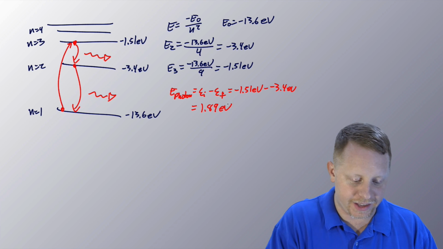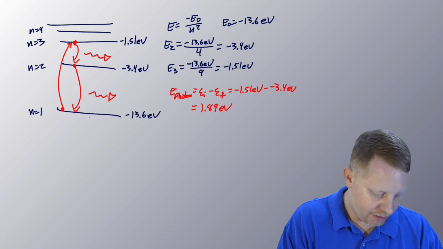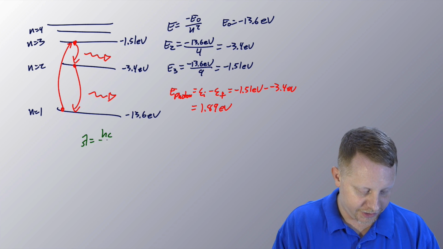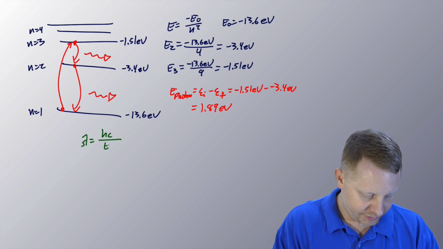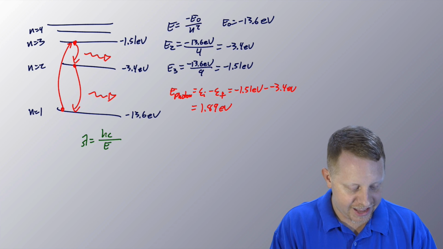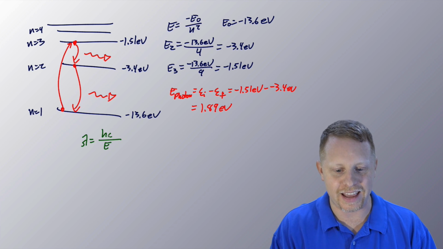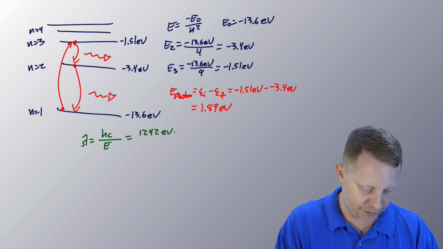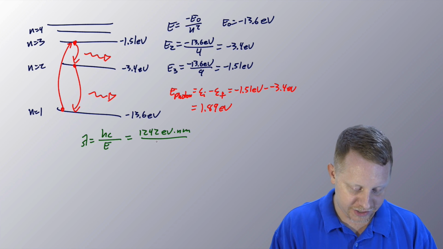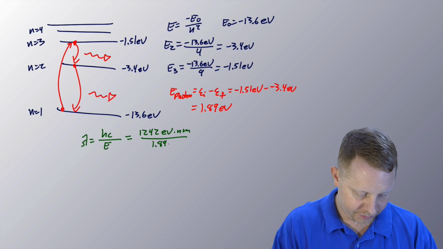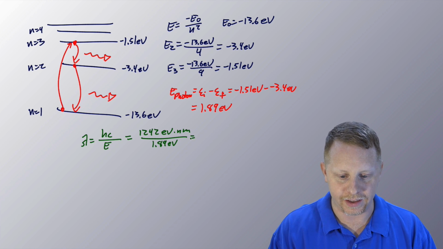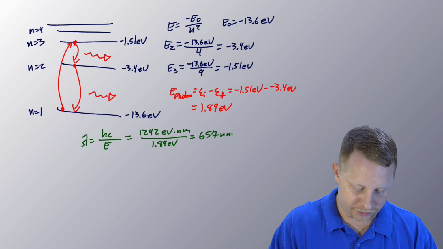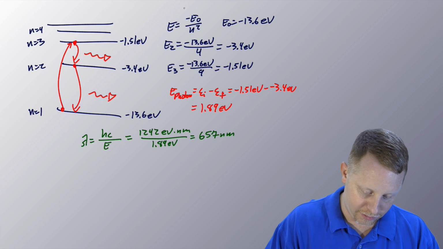We can find the wavelength of that photon. Wavelength is Planck's constant times the speed of light, divided by its energy. And if I write hc in terms of eV nanometers, I just happen to remember that that's 1242 eV nanometers. I can leave my energy in eV and get an answer for the wavelength in nanometers, about 657 nanometers, which is a red